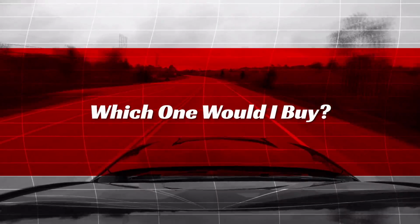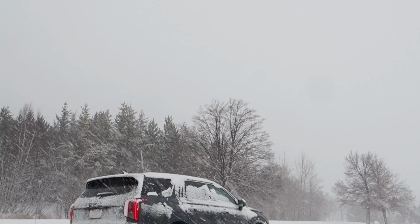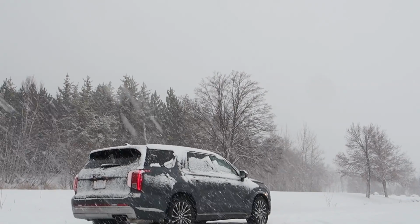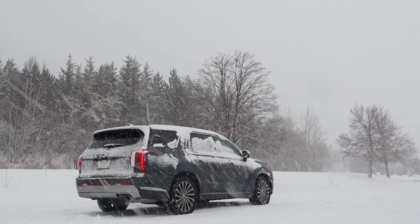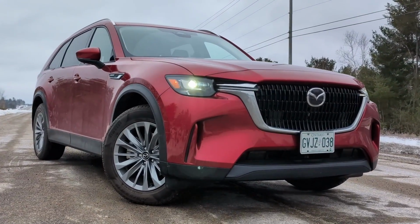So which one of these machines would I buy with my own dollars? This is the part of the video where I put the numbers aside and give you a more personal take on these two, and as a driving enthusiast who loves a good sports car, I've got to tell you this is hardly even fair. In this pricing universe, I'd be going Mazda CX-90 plug-in hybrid, and I would miss the